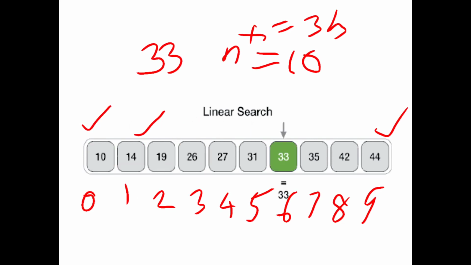Comparison of linear search. Okay, so searching one by one. That is the concept. So where is the location of our founding elements? That element to be found. So that is the searching process in linear search.